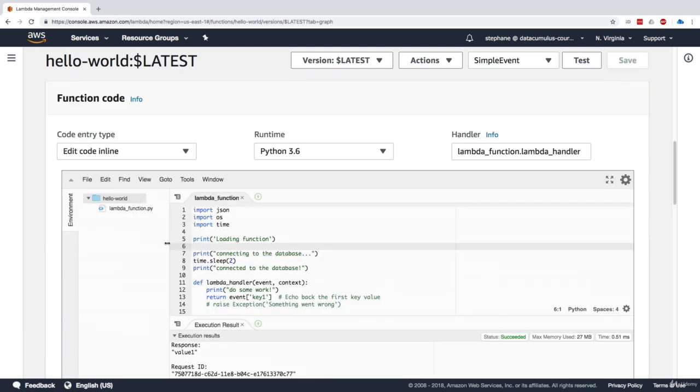Now the log doesn't necessarily print those for some reason; you can probably find them in CloudWatch. But the idea is that this is best practice. Any heavy-duty work, any connection to a database or initialization of an AWS client, should be done outside of your handler. So that's it for this lecture. I hope you liked it, and I will see you in the next lecture.